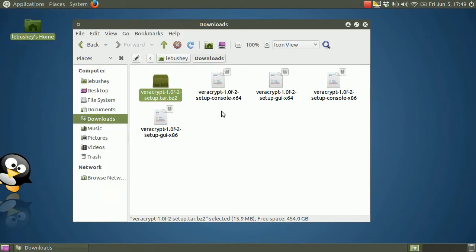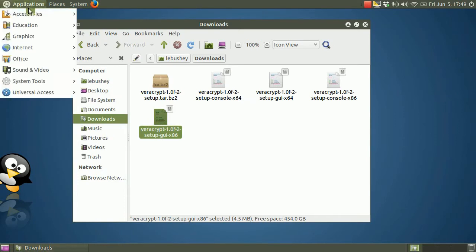You'll notice several different versions of the setup program. These are installation programs that are each designed for either x86 32-bit operating systems or x64 64-bit operating systems. You'll also see that there's a command line or console version and a graphical or GUI version of each. We'll use the graphical installer, but we'll need to know if the OS is 32-bit or 64-bit. If you install the wrong version, when you launch VeraCrypt for the first time, it will show only a blank